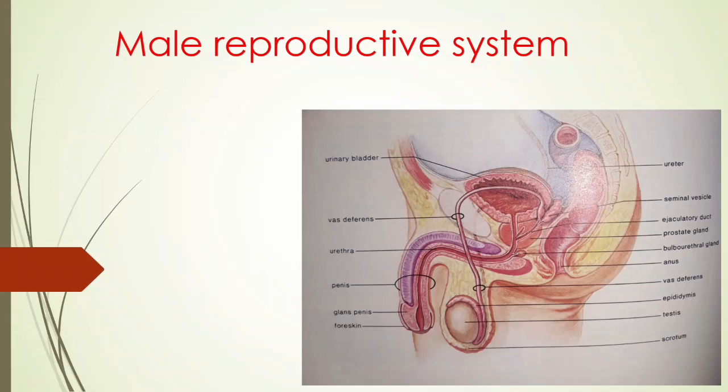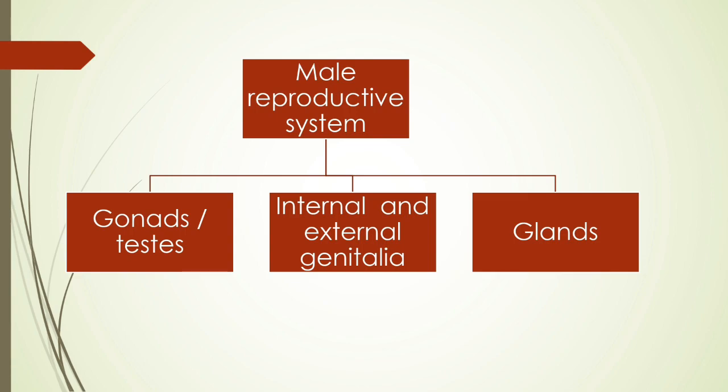So the male reproductive system is divided into three parts. First, gonads. Second, internal and external genitalia. And third, the glands, which are also called the accessory glands. Okay. So first of all, we will talk about the